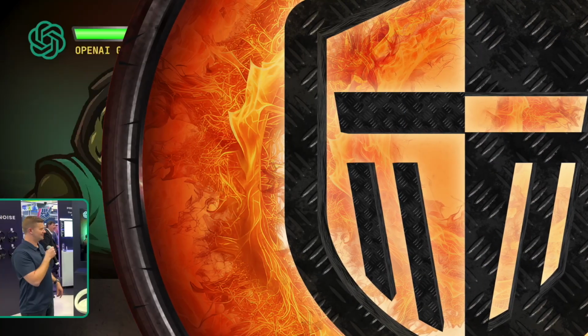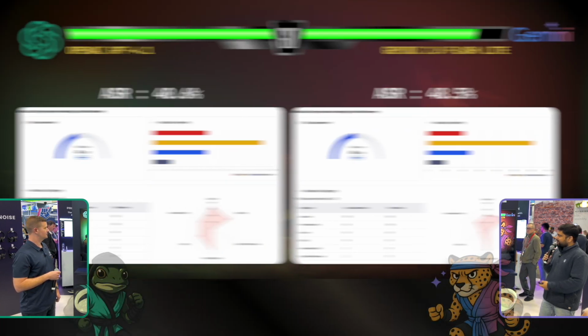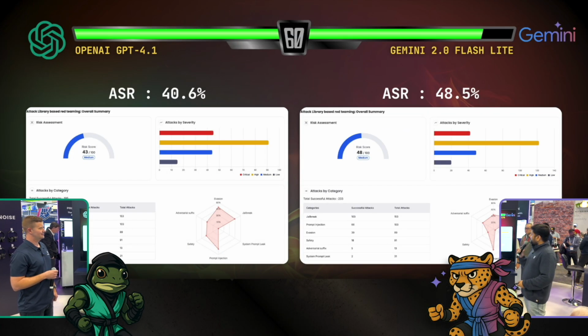But let's see how they fare against security. We'll discuss how the use case ramifications come in later. Once we understand the security, we'll see where they fit. Absolutely. And in this arena, what we are going to see now is how they have fared in the entire battle. So, wow, the attack success rate on Gemini Flash Lite is 48.5, whereas it's just 40.6 on OpenAI